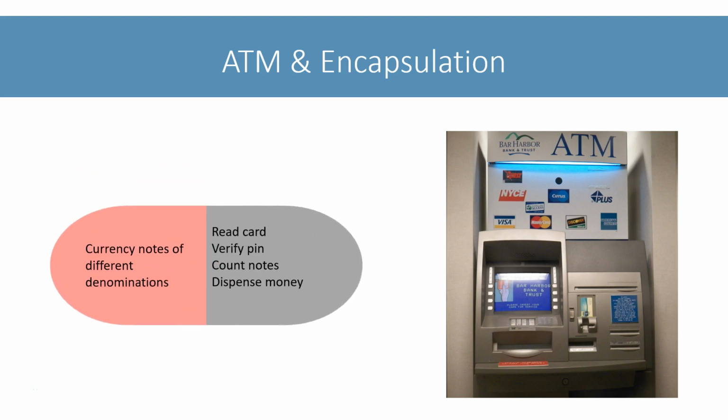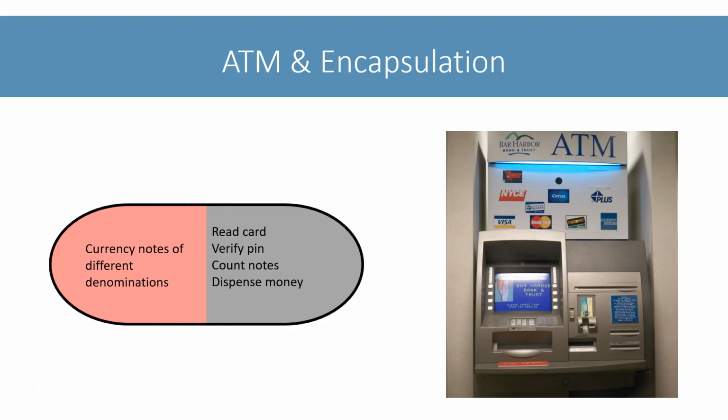You interact with this one machine which is wrapping all this together and very conveniently withdraw cash. Here ATM can be viewed as a class which is wrapping together the data which are the currency notes and methods which are the operations required to withdraw money into a single unit. In other words, we can say that ATM encapsulates money and operations required to withdraw it into a single unit.